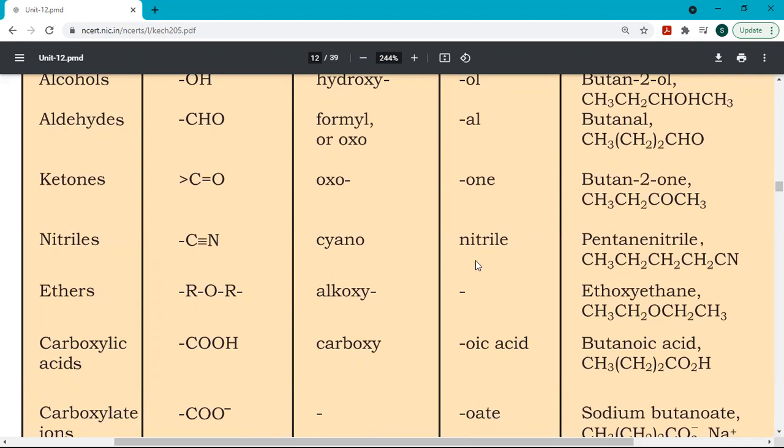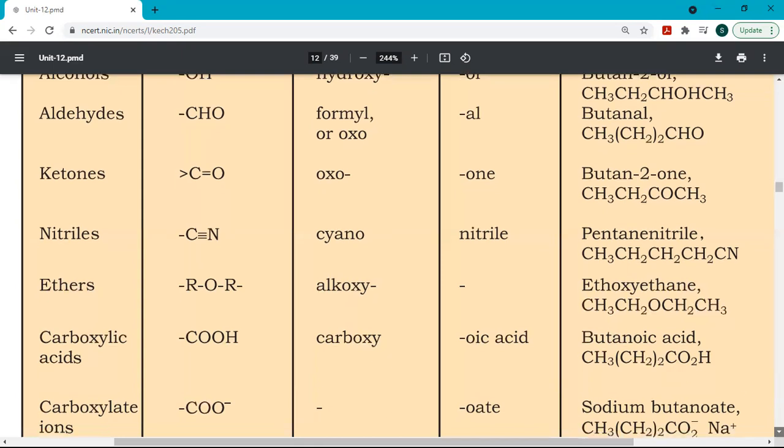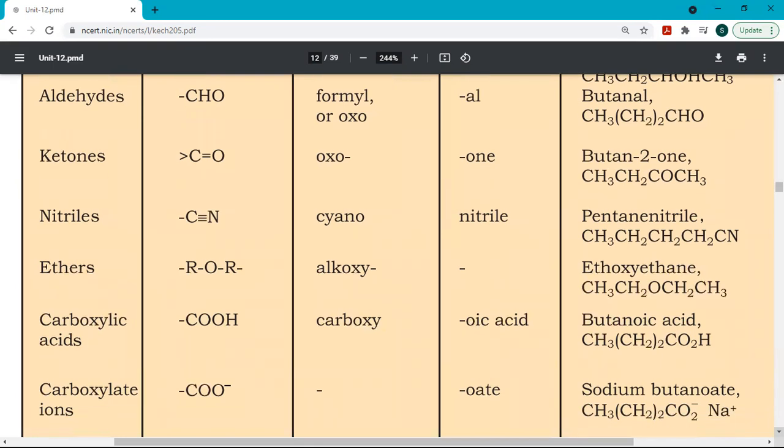Nitrile is CN. Prefix we use cyano and suffix we use nitrile. So for example, we have these 1 2 3 4 carbons and with this CN. Remember this thing, when we do nomenclature of nitrile or cyanide, we will count this carbon also. हम इस carbon को भी count करते हैं. So nomenclature we start from 1 2 3 4 5. So this will be pentanenitrile. Okay. I will give you so many examples when we'll do nomenclature. Right now I'm just telling you about the functional groups only, so that you can open your NCERT and you'll be able to see it properly.